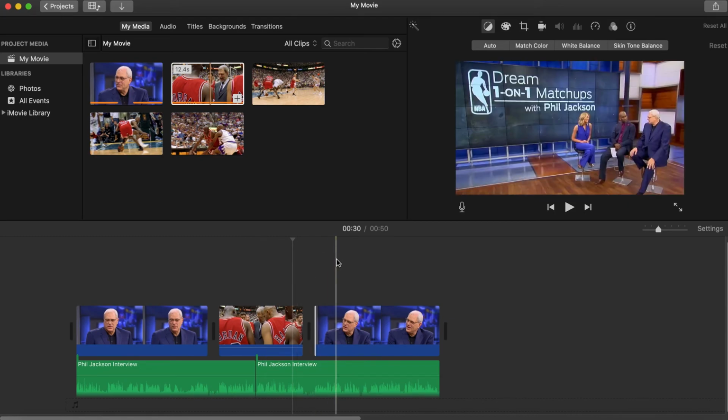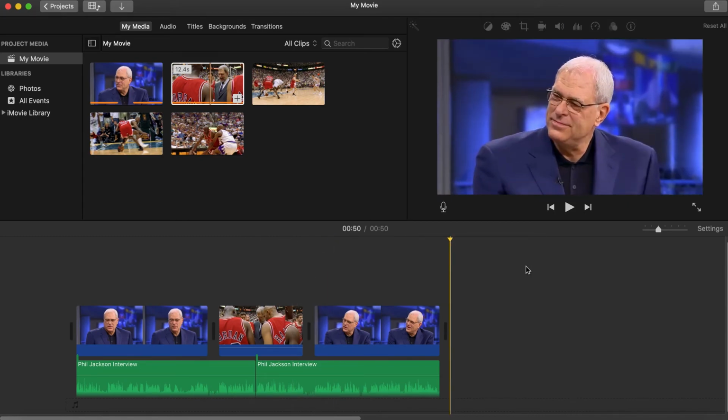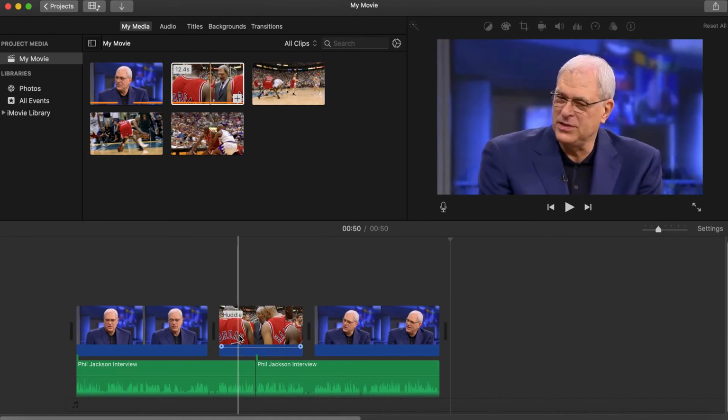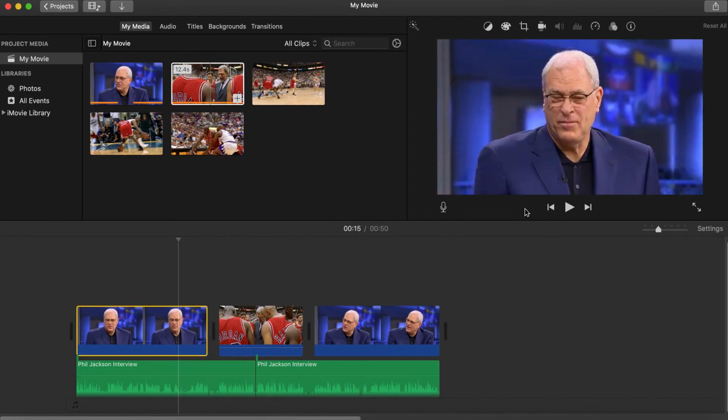Okay, so that was a little, my editing was not as smooth as it could have been. I was just using the drag and drop feature to make sure that things were lining up correctly, and it is a little bit magnetic in terms of how the drag and drop works. I was able to get both to end at the same time, and so if we watch the preview,